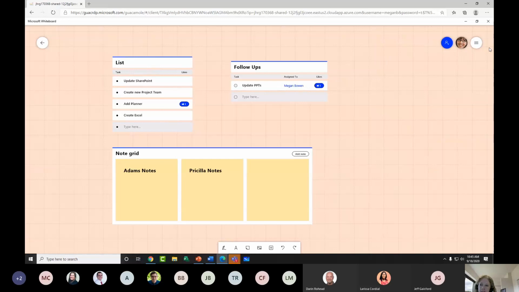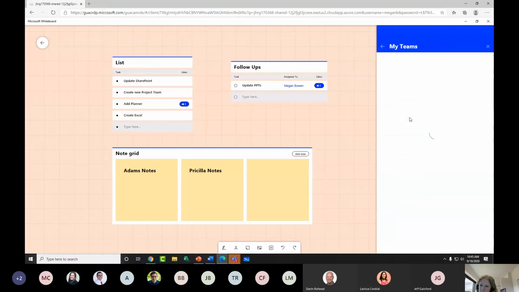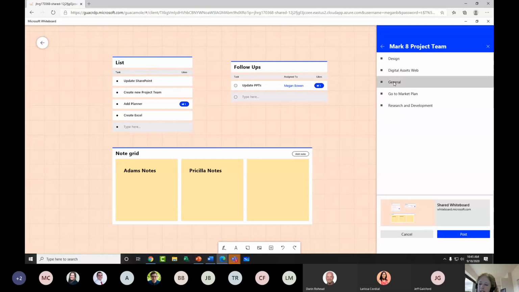So what we're going to do for that is we're actually going to click on the three dots, come right here and say post to Teams. And you'll see here, this takes a little bit of time the first time you do it. So do know that you might have to wait a few minutes because it's making connections. These are all the teams inside of this organization that Megan is currently part of. After she selects her team, she's going to select the channel of the team where she wants this to be posted. And then she's going to go ahead and post it.